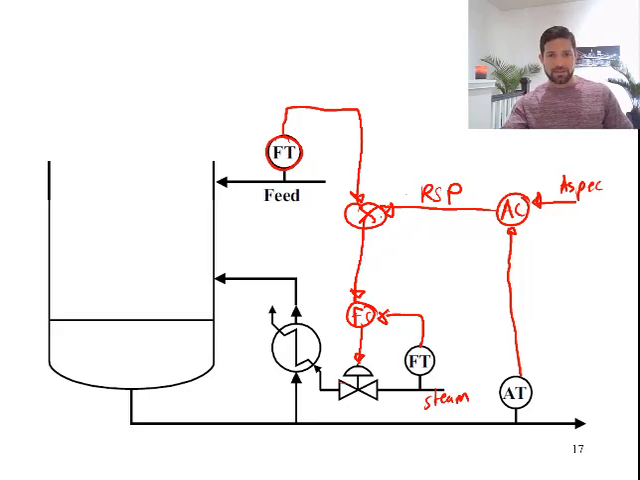Okay, but one of the things we need to consider is that the feed to the column is not going to immediately affect the composition. It's going to take some time before the composition is affected by this change in feed rate. So we don't want the steam to increase right away. Because of that, we want to add a dynamic compensator to the system. So how do we do that? We could put that here, we could put it here, we could put it here, a couple places,